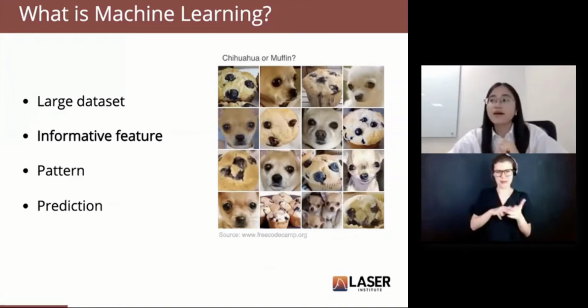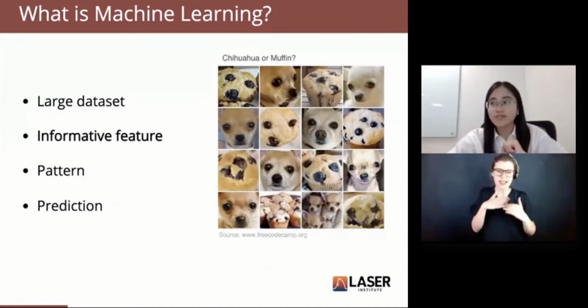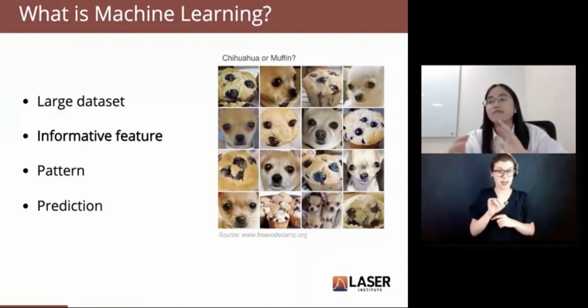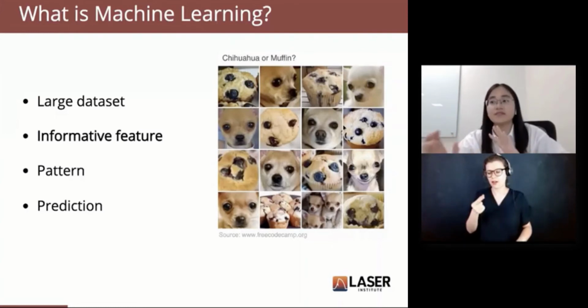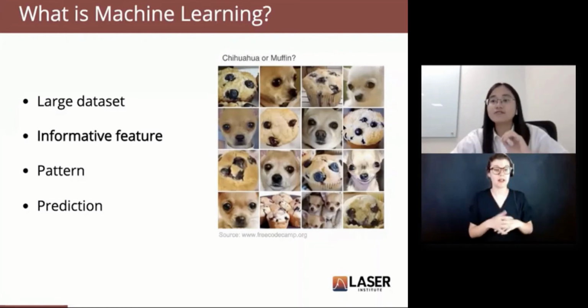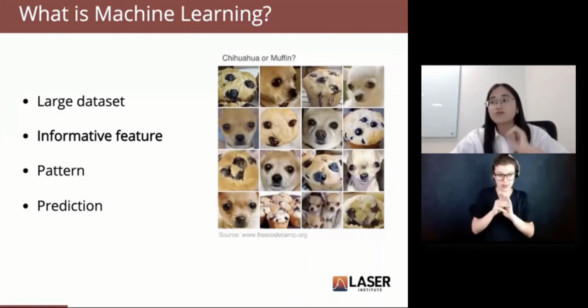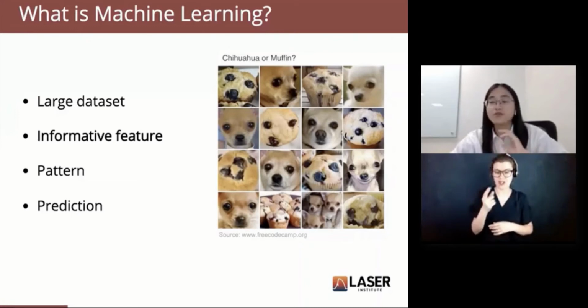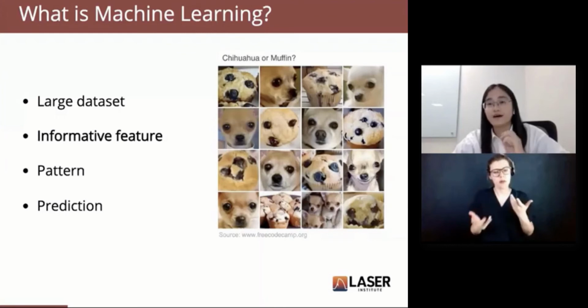So in machine learning, first, we need a large data set, and I would say at least 1,000 data points. And this data set should have informative features so that patterns can be learned by machine learning algorithms. And then the model uses these learned patterns to make predictions. And choosing informative features is a critical step for building any machine learning model. For instance, in this picture on the right side, 3 dots is not informative enough to differentiate the Chihuahua and the Muffin. Adding context, such as 3 dots in a pet store,